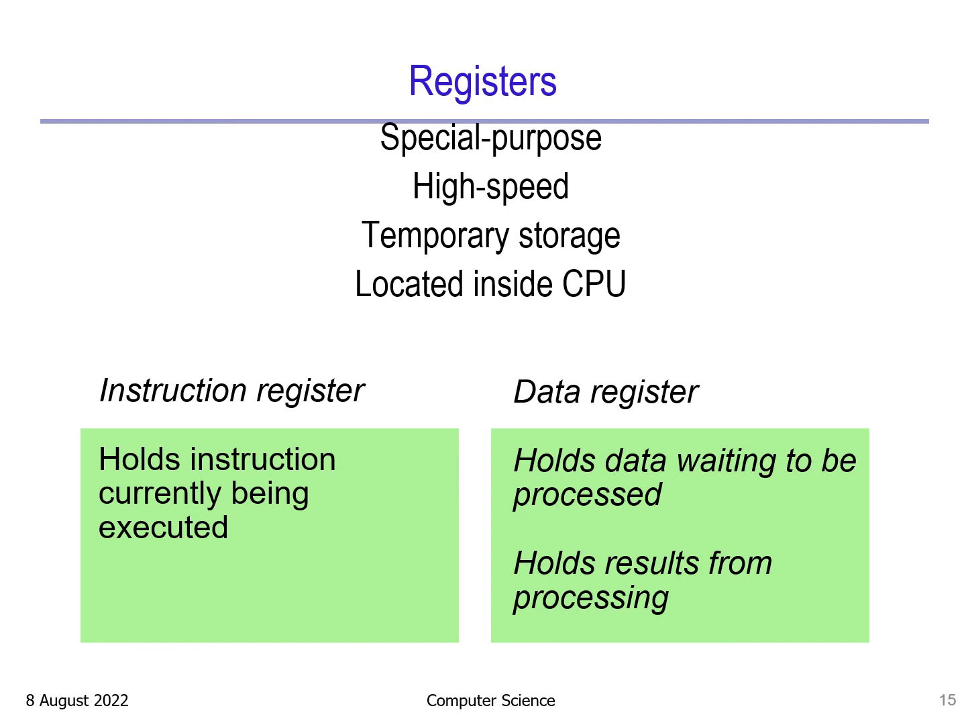We have 2 types of registers: the instruction register and the data register. The instruction register holds instructions currently being executed, and the data register holds data waiting to be processed, results from the